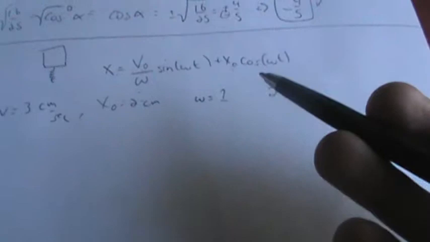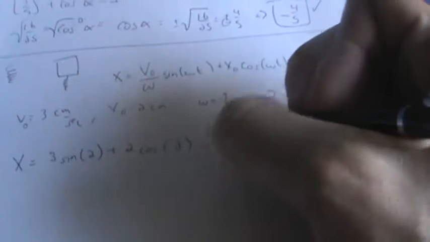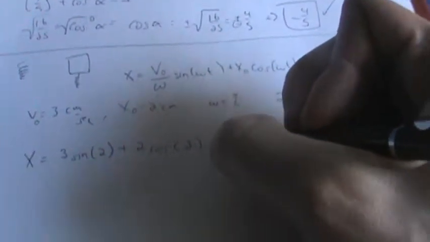So you're essentially already given everything. You have your x naught, your v naught, omega is given, and t is given. I forgot to put the naught here, but that's what it is. So now all you do is plug them in. You have 3. Well, since it's over 1, you don't really need to do over 1. Then you have sine of 1 times 2, after 2 seconds, plus 2 cosine of 2. And once you do the calculations on your calculator, you end up with negative 3.6